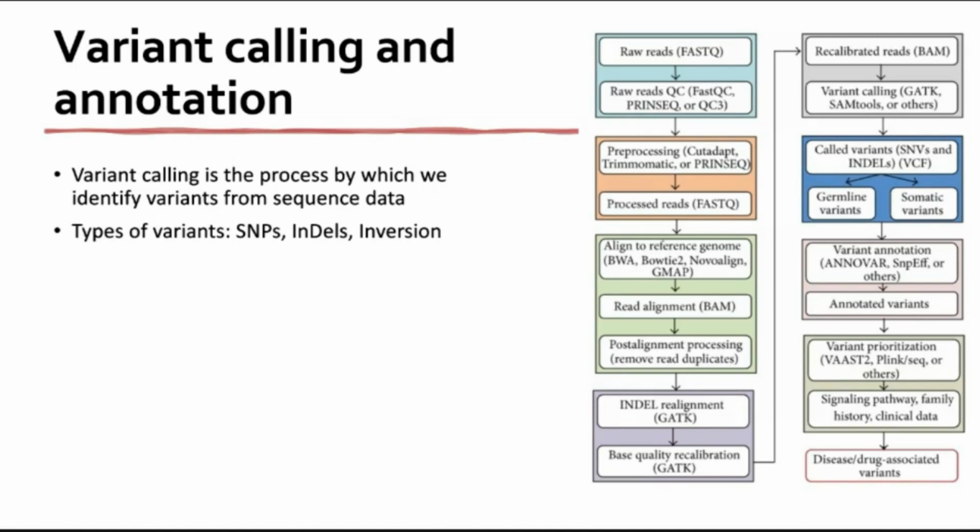The aligners are different here: BWA, Bowtie 2, Novoalign, GMAP. It depends on what kind of reads you are generating, short reads or long reads. Long read technologies are the latest ones, and short read based approaches are followed by people more because of its